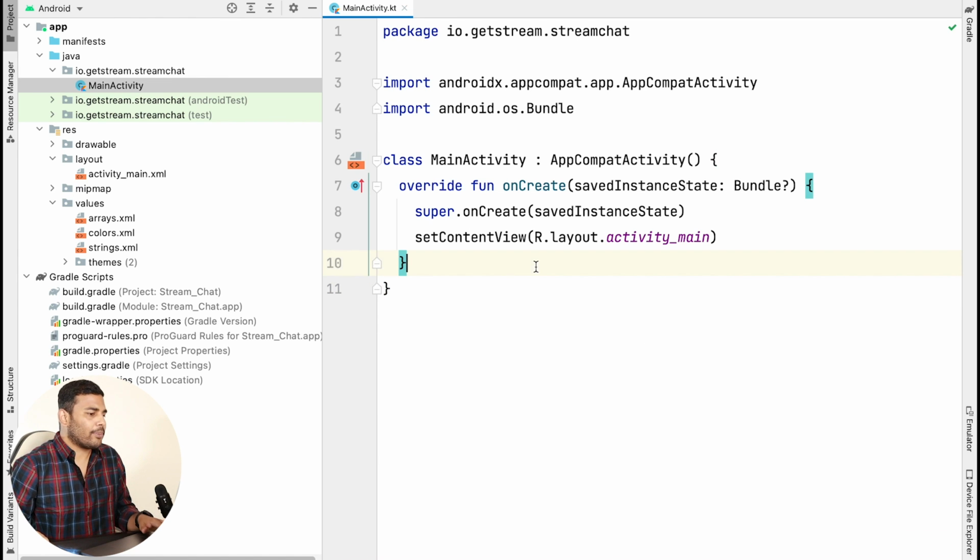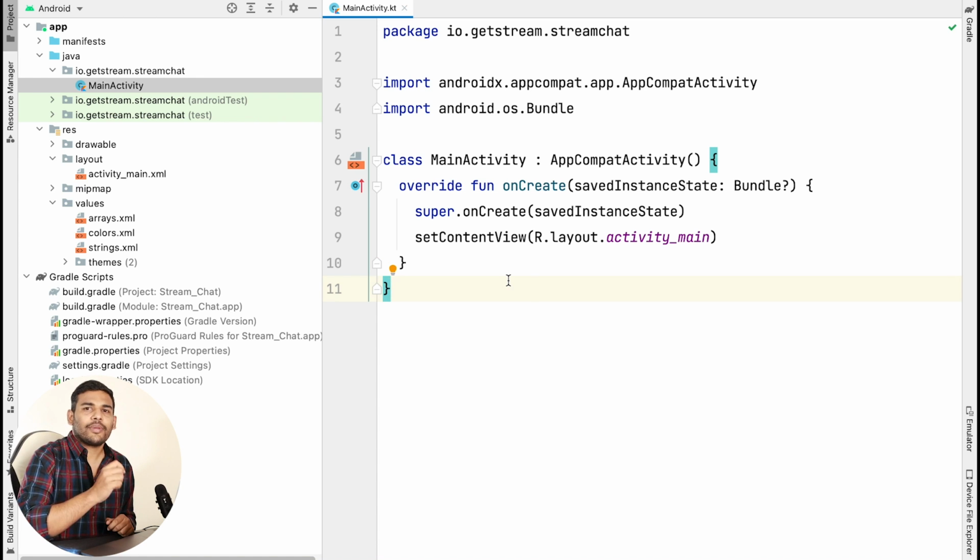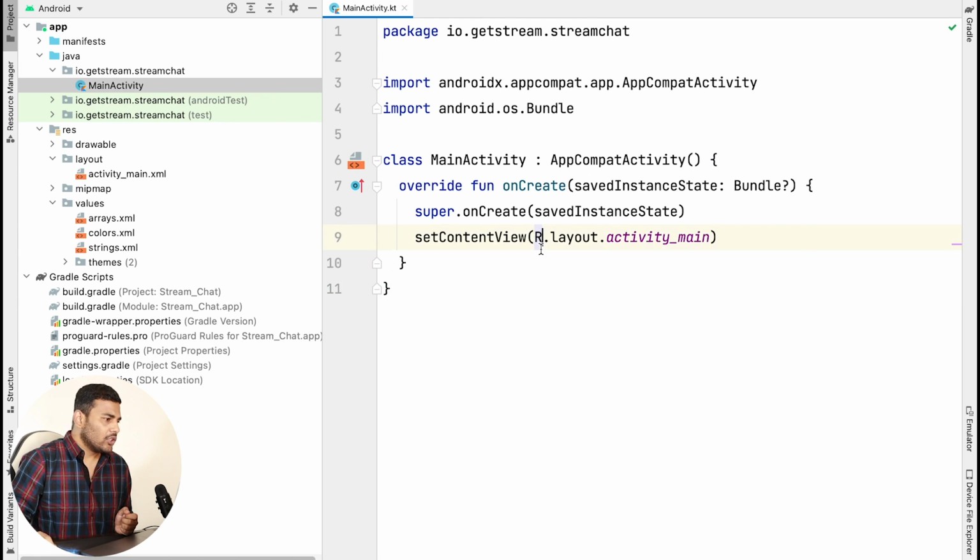So this is my empty project, and the first thing that I will do is integrate authentication for my chat application. For authentication, I am going to use Firebase Phone Authentication, because it is quick and easy to implement, and for a chat application, phone authentication is a good idea. So the first thing that we will do is integrate the phone authentication. And as we are going to use Firebase, we need to create a project in Firebase first.